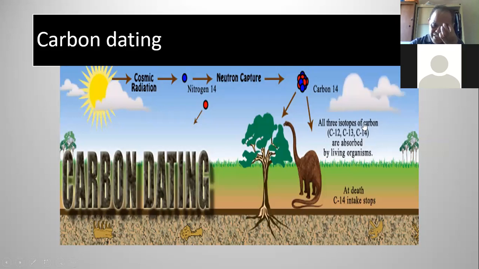So C14 is the radioactive one, and this carbon dioxide is taken by the plant, and then dinosaur animals that take on vegetation will take in the carbon 14. And if we assume that the earth is very old and that the radiocarbon 14 is constant, then the amount that the animal takes in through its lifetime will be the same as the amount that's present in the atmosphere. Right? And when the animal dies,